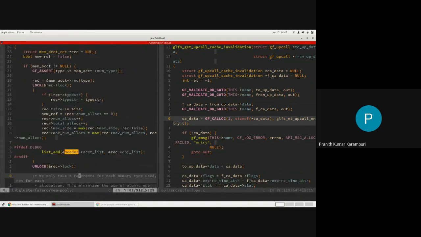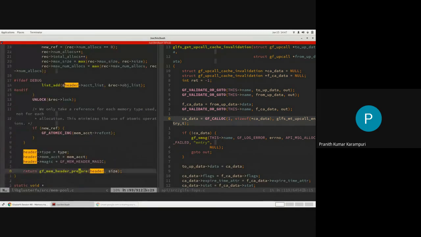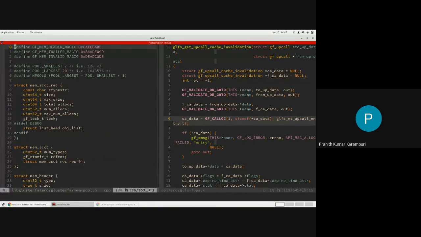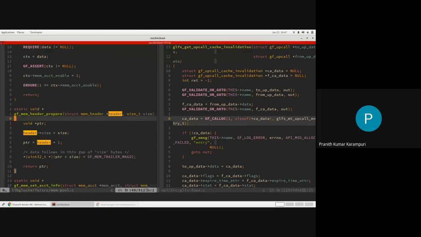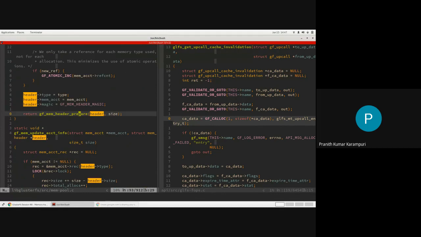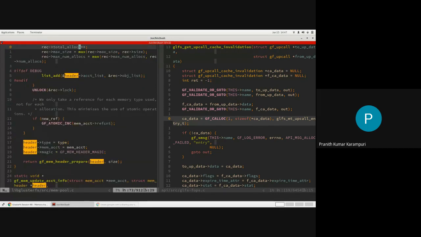And we also, I think, store the XLA. So this header magic is these special magic numbers, and we also add the trailer magic. I believe there is supposed to be one XLater also. That's not there. That's not necessary because we just need to do a decrement in GF3. So this is GFK log.